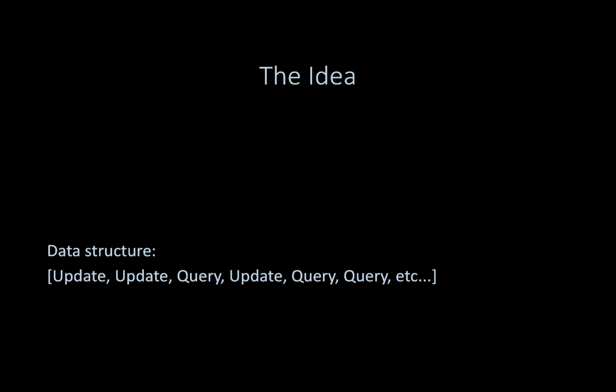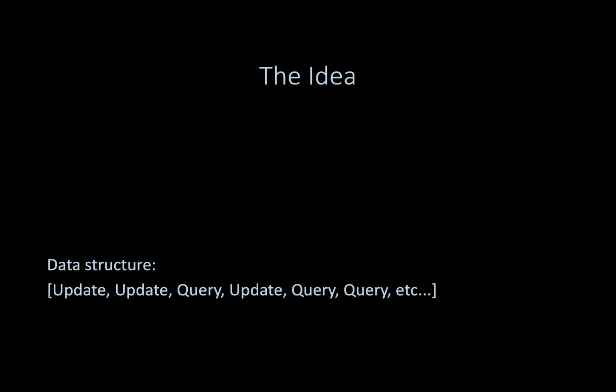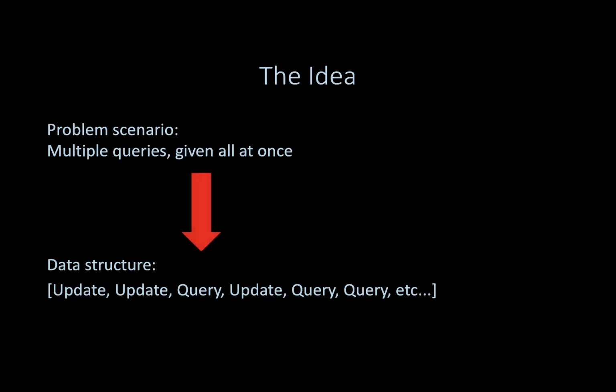In our case, we actually just have a bunch of queries. We don't have any updates. So yeah, we have multiple queries given all at once. And one of the ideas of how to solve this sort of problem offline is we need to transform this sort of problem into our data structure sort of problem. This means that we need to introduce artificial updates to our problem and somehow transform our problem from having just a bunch of queries, and we need to transform that into performing a sequence of queries and updates